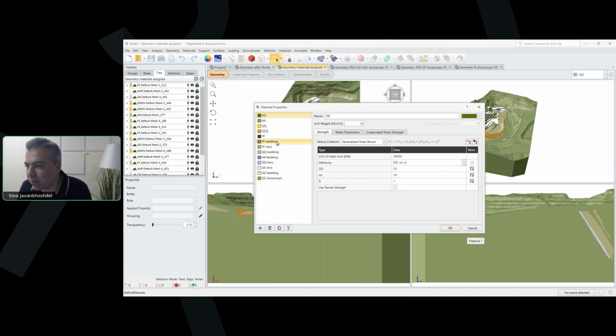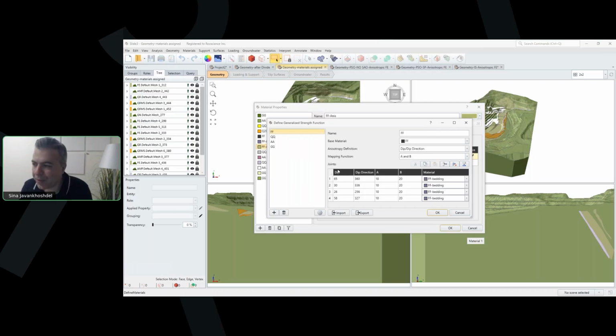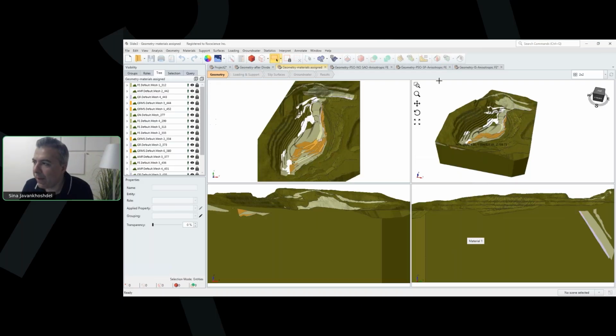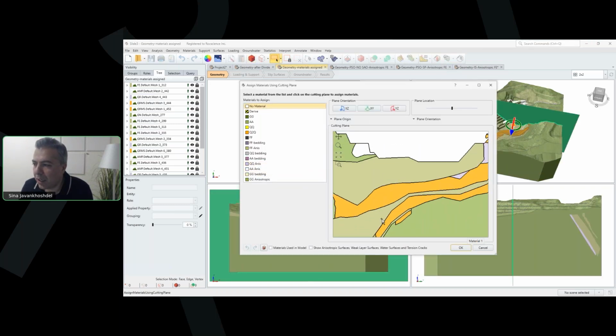mine, and in a lot of mining problems, we have different material types related to rock and isotropic material types. For every single one of them, we have a base model, and we have a bedding model, and also we have an isotropic model. So you can see that it doesn't matter how many bedding planes you want to define. I use a base material and the bedding material and dip and dip direction for this example. Then I use this 2D tool to apply these isotropic material types